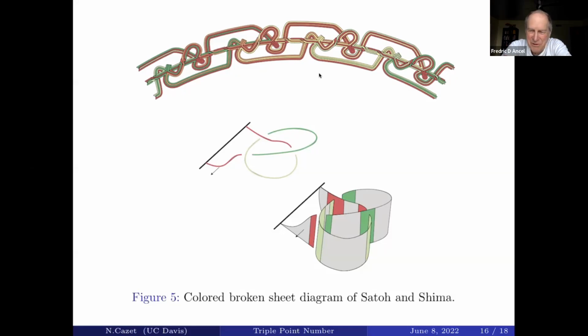I had one other question. Can you connect sum some knots and get an unknot? In other words, do knots have inverses? Yeah, well, I don't imagine it. I guess I can't say for sure. I don't know if it's known for sure if some knots have an inverse, but there is that weird case